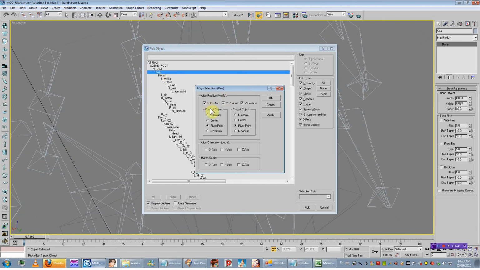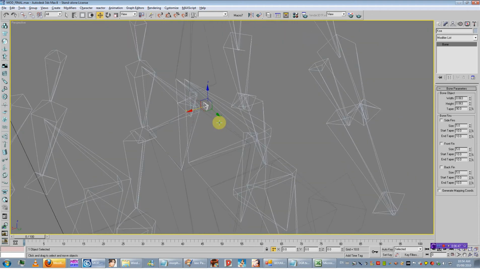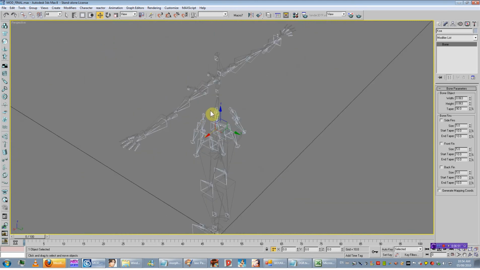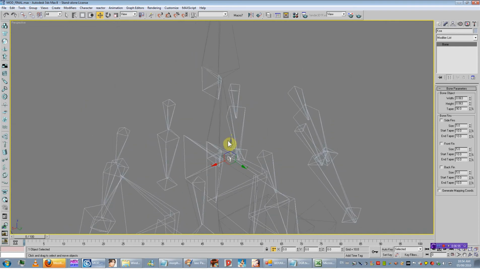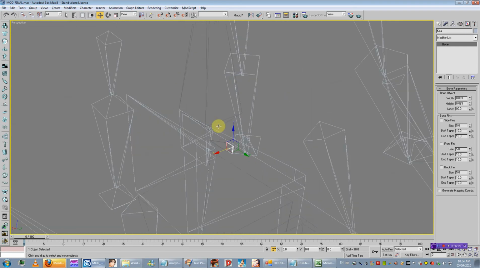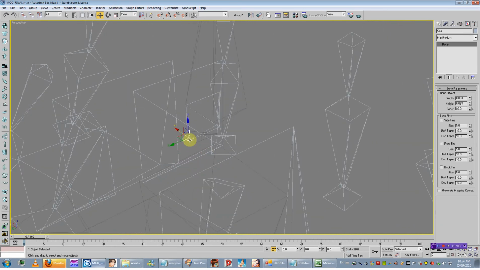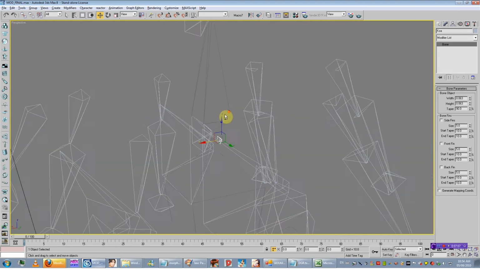And make sure you have pivot, X, Y, Z, nothing else, okay? And you can see that the Koa from the... okay, I got confused. The grayed out one is our modified skeleton. The blue one is the original, so you can see that the original has moved to our modified. Okay, so we're just going to keep doing that